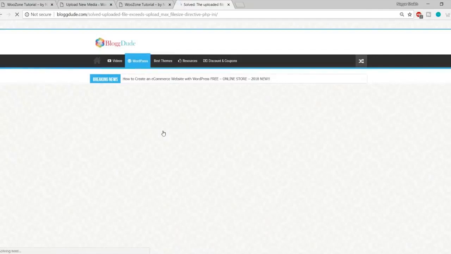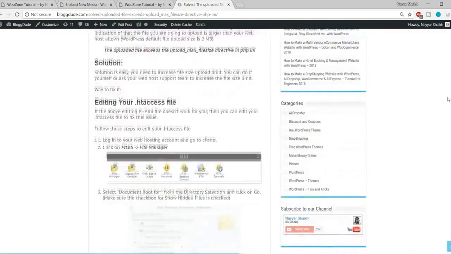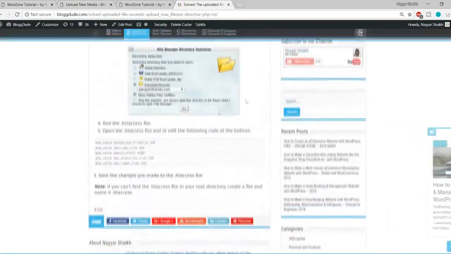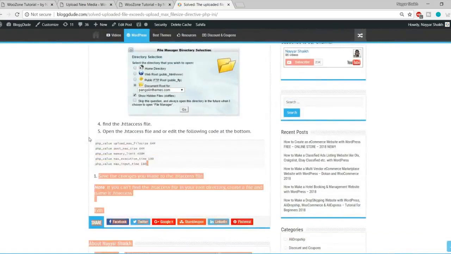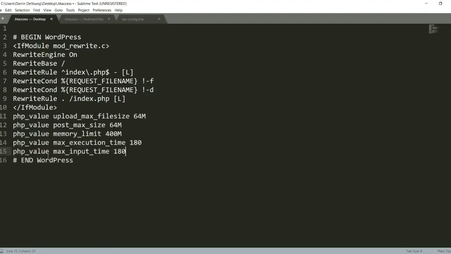This link will be given in the video description below, but by chance if you don't find it, you can do it manually. Now here if you go at the bottom, you'll see 5 or 6 lines of code over here. Simply copy it from here, go to that file, paste it over here, click on Ctrl S